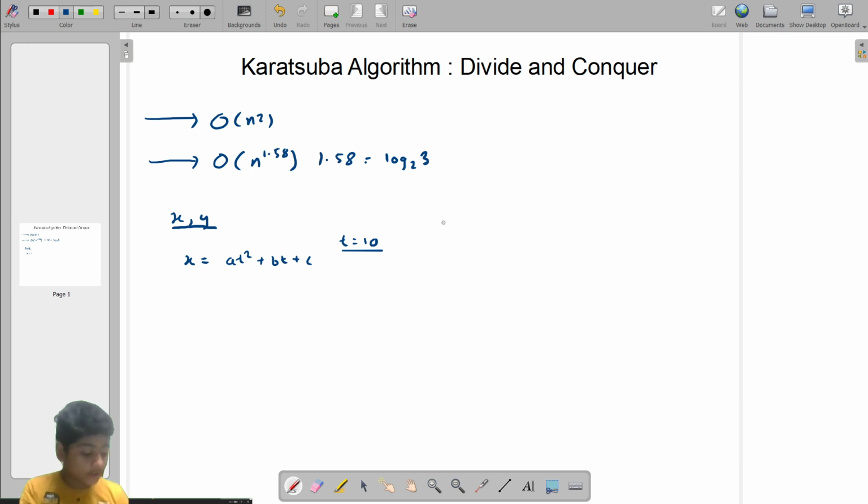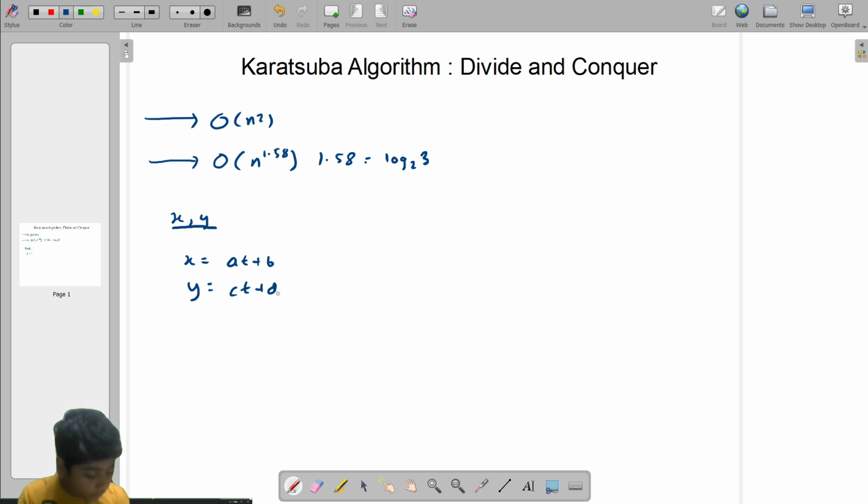Now similarly, I consider y to be another number in a similar fashion, dt square plus et plus f. Now I want to multiply these two polynomials with each other. You may be considering we are just taking three-digit numbers. That's not fair. But we will gradually increase the size of the number and try to generalize what we have achieved. For the simpler case, I would instead consider just two-digit numbers, because to depict on paper it would be easy.